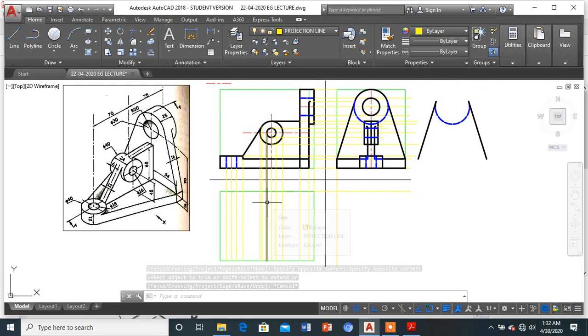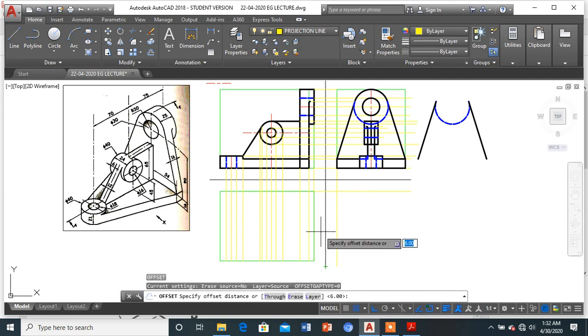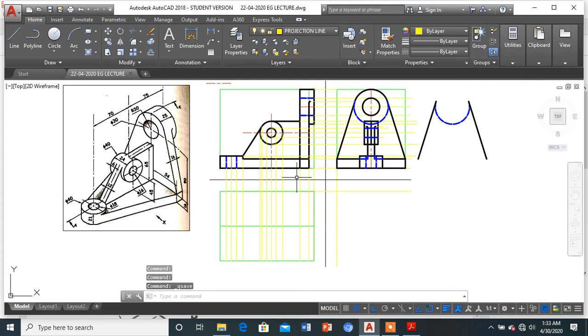As you can see, even the top view is a symmetrical view about the horizontal center line. So let's make that center line over here. So like this.